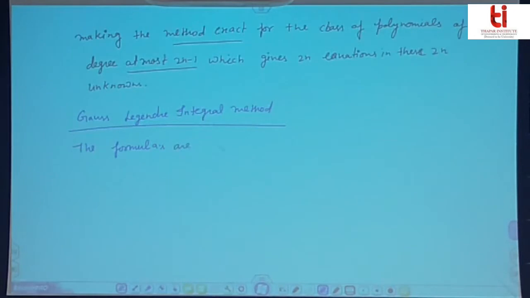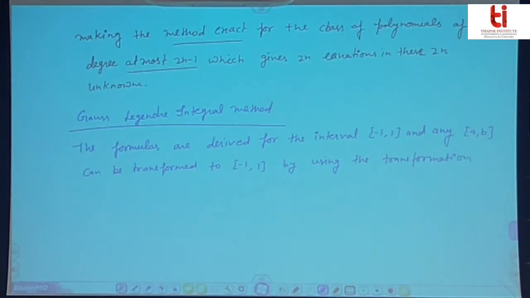The formulas are derived for the interval -1 to 1, and any interval a to b can be transformed to -1 to 1 by using the transformation x equal to ct plus d, which gives